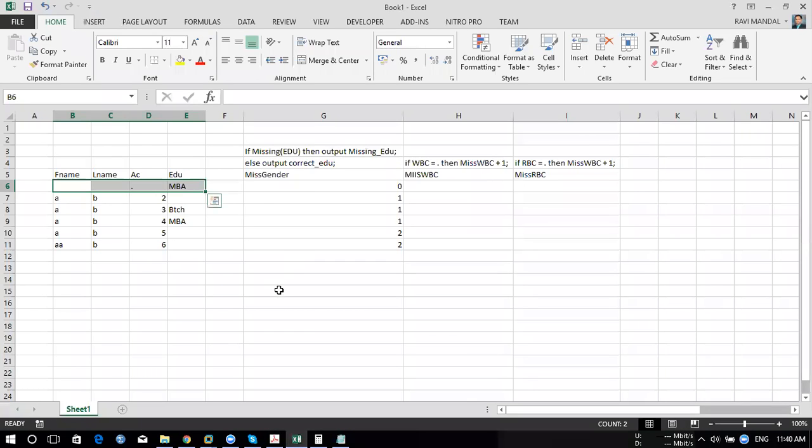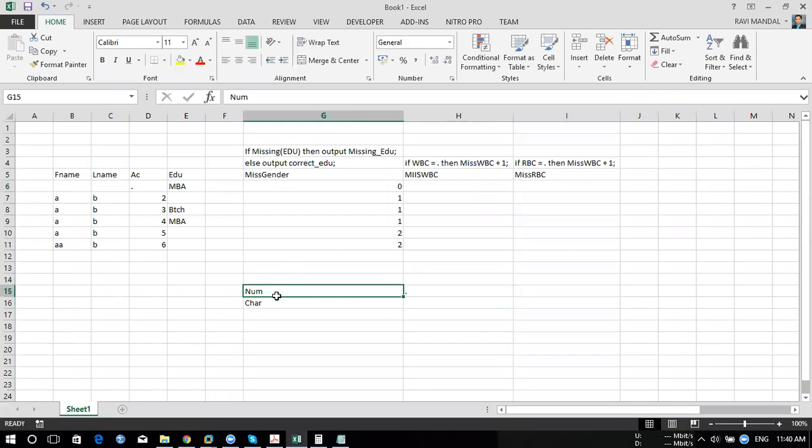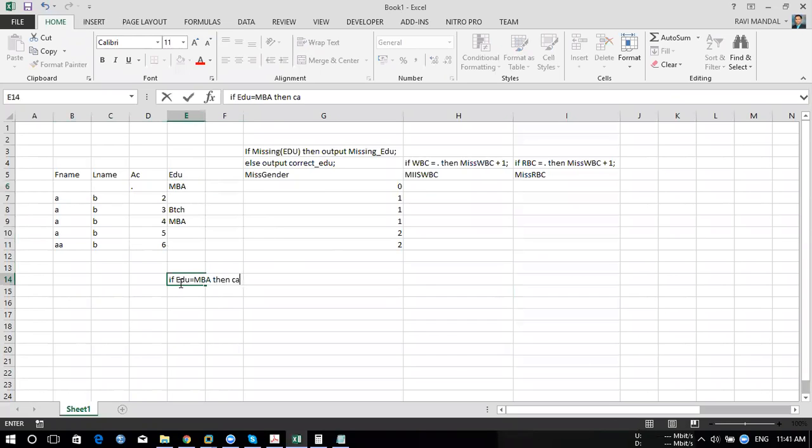So we already know for a numeric, we represent by dot. For a character, we represent by blank, correct? We represent by blank. So now with the help of this, if someone says, if my condition is met, I want these observations to be missing. It's all requirement. If I say if edu equal to MBA, then call missing for those variables.